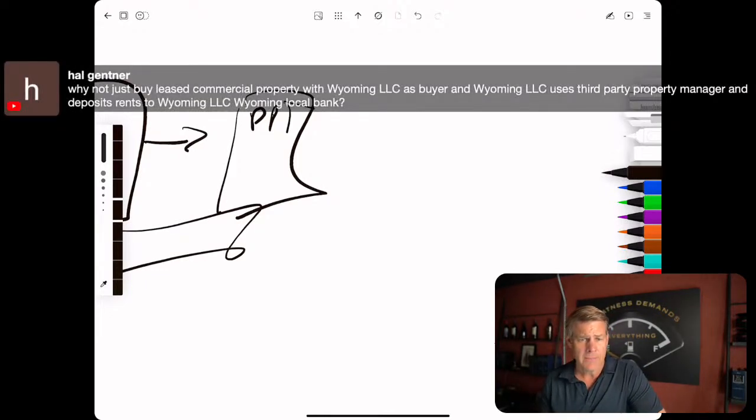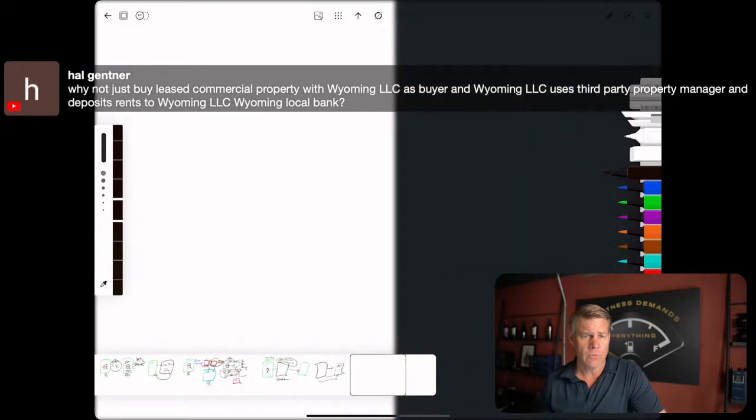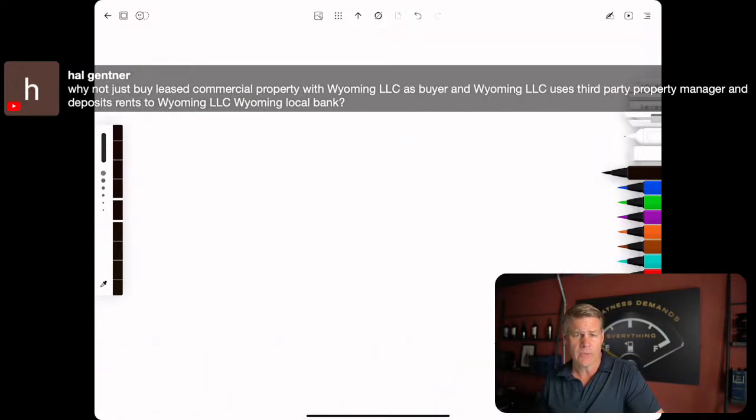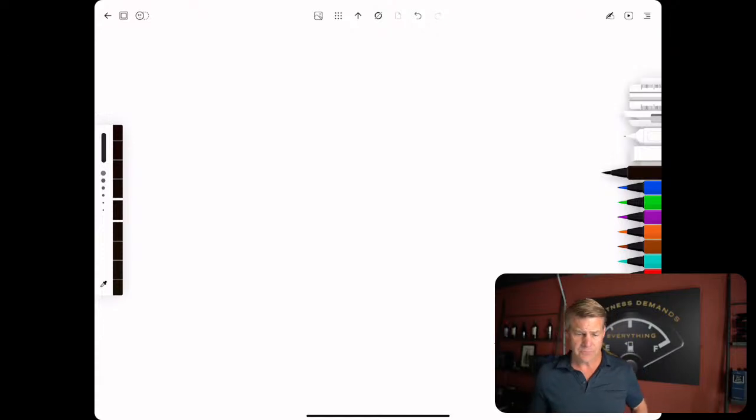Okay, so Hal wants to know, why not just buy leased commercial property with a Wyoming LLC as the buyer, and then the Wyoming LLC uses a third-party property manager and deposits rents in the Wyoming LLC and a local bank? Okay, Hal, your question is a little off topic here on the land trust, but I think what you want to know is that if you had a property